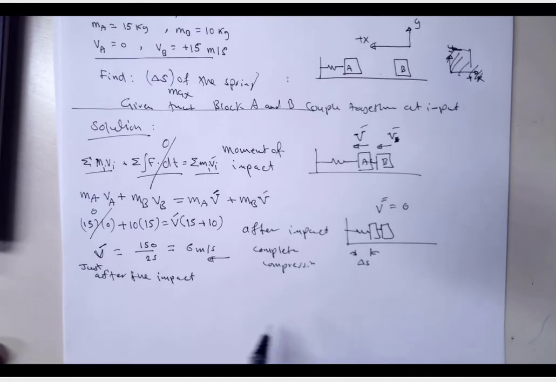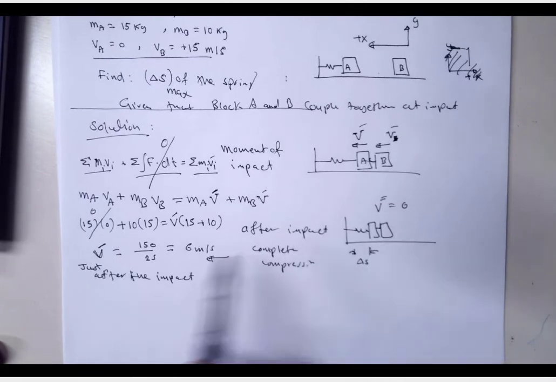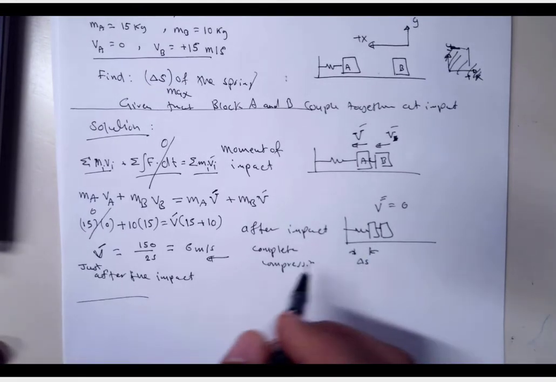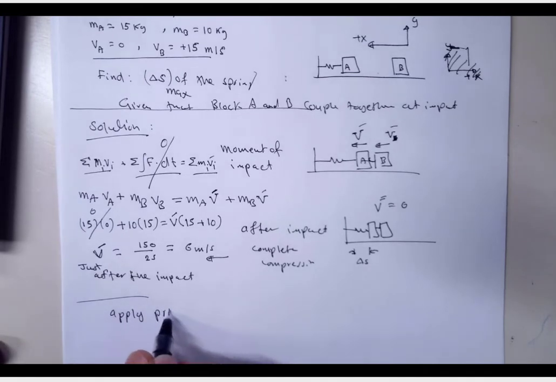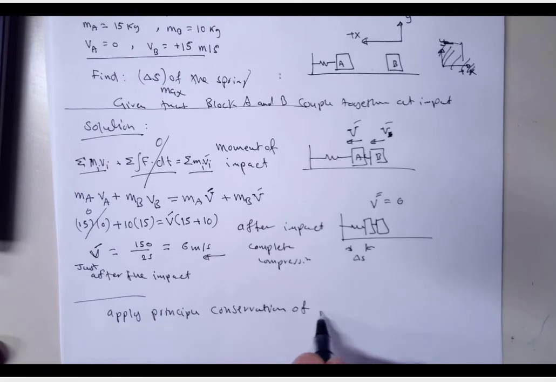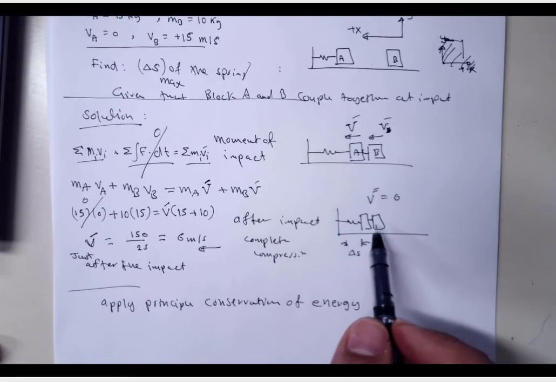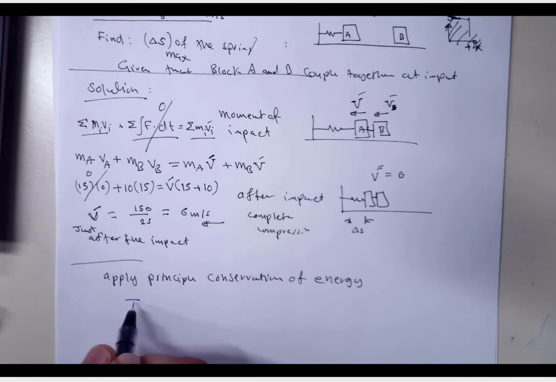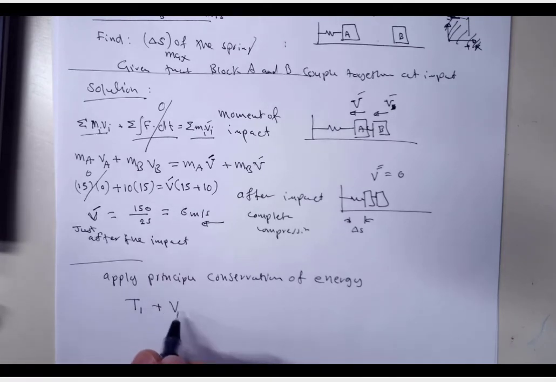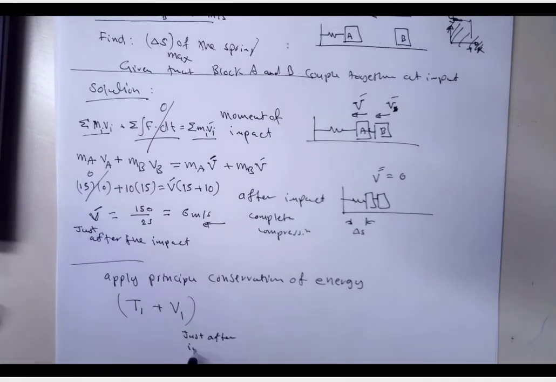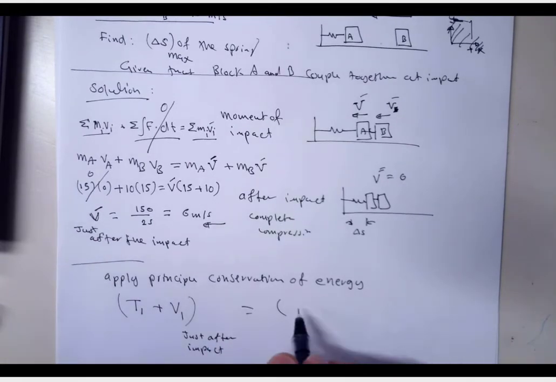Now this energy will move the two masses at the velocity of 6 meters per second and compress the spring. Now we can apply the principle of conservation of energy, because no losses are assumed. Therefore, the energy is conserved. It's just going to transmit from kinetic energy into potential energy stored in the spring. So kinetic energy plus spring potential energy just after the impact is equal to the total energy